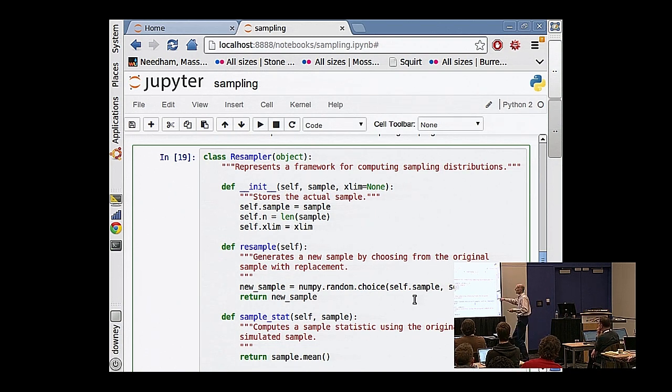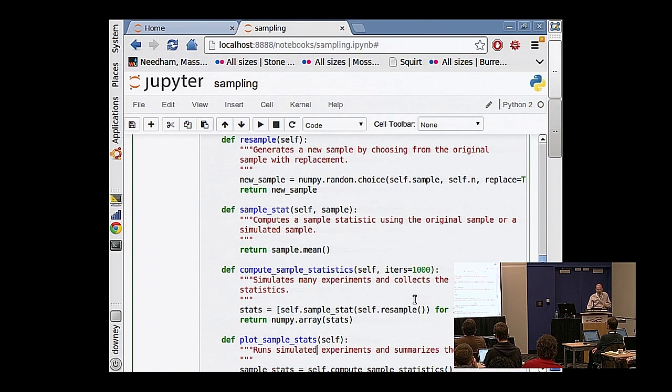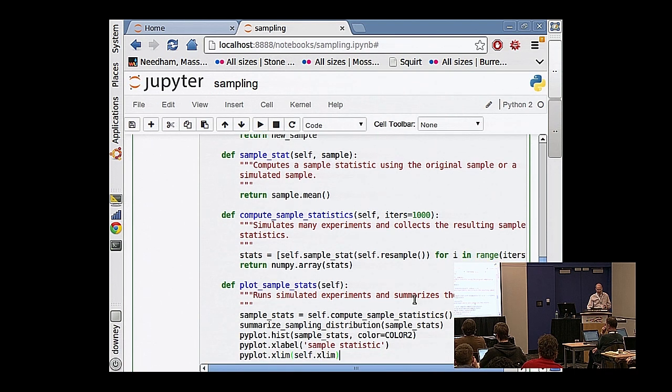And if you run this over and over, you will get a whole bunch of simulated experiments. For each simulated experiment, you compute the sample statistic and then collect them. That thing that you get is an estimate of the sampling distribution that we did before by cheating. Except now it's legit. Let me just take a quick look at the rest of the code in this class and see if there was anything else I wanted to tell you about. So compute sample statistics and plot sample stats are the same as the functions that we saw in the previous section. I've just taken a function and made it into a method that's associated with this class.